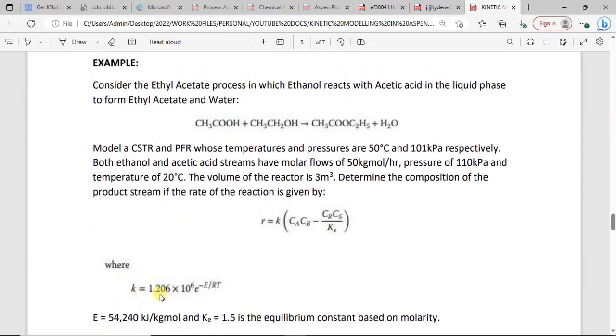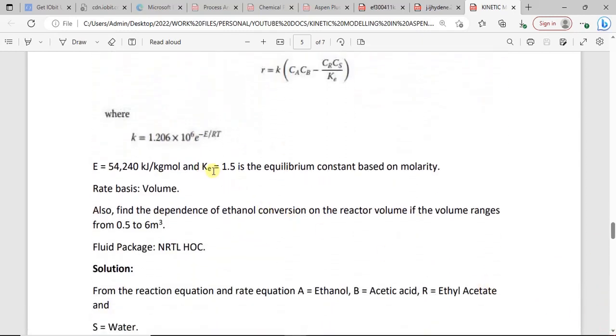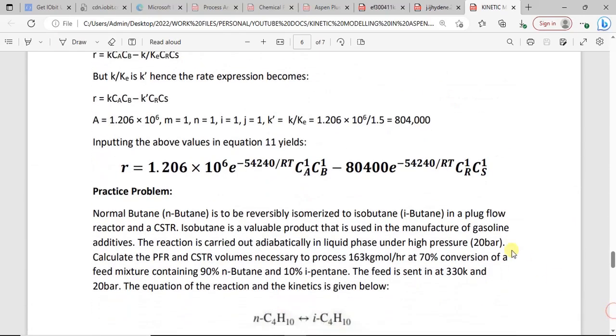So you have K as 1.206 times 10 raised to power 6, and your KE is 1.5. All you need to do is divide this by 1.5, and you should get this as your value,